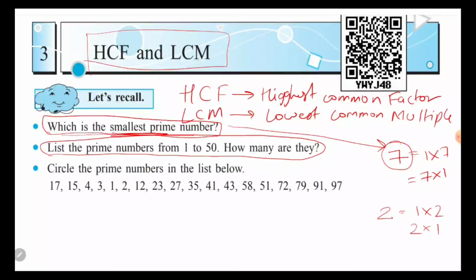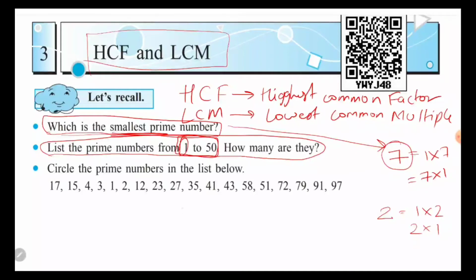Okay, now you all know what prime numbers are. This will be homework for you. Now I will give you 2 to 3 examples and then you will continue. You have to write all the prime numbers from 1 to 50. Okay, but 1 is not a prime number. Always remember, 1 is neither a prime number nor a composite number.